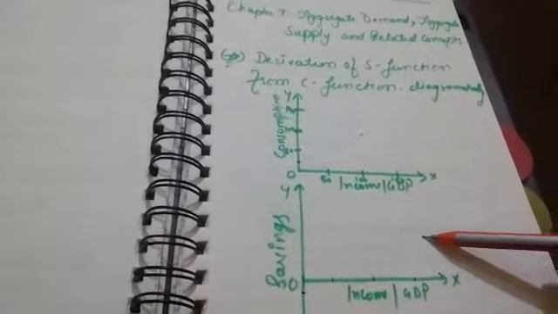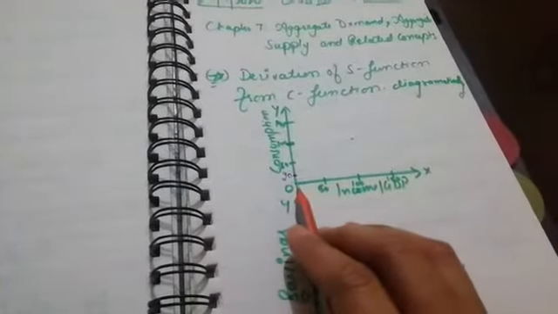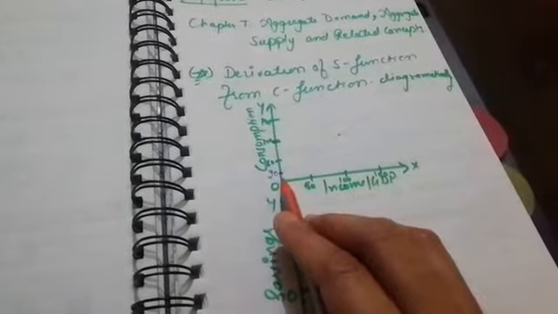Clear? Now firstly we will draw the consumption function, and then we will derive the saving function from this. Just look at the derivation very carefully because it is a very important question. First of all, we know that at zero level of income there persists some level of consumption. So let this level of consumption be 20. The autonomous consumption is 20, and at zero income the consumption will be 20, so our consumption curve will start from 20.